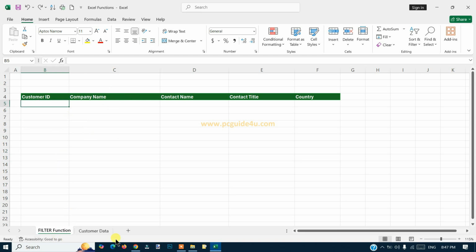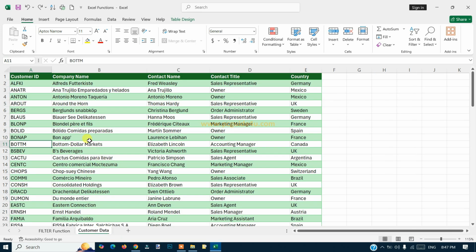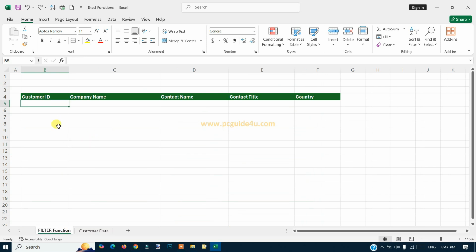We have some other fields, columns. Here's the data that we're looking for: the customer ID, company name, contact name, title, and the country. So how do you use the filter function if you have such data? I'll go back to my worksheet and click on this cell, B5, and when I click on it I will type equals FILTER,